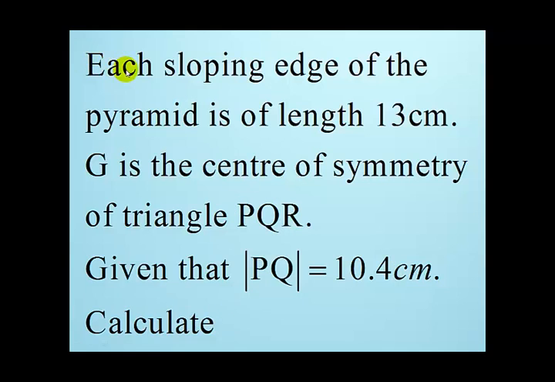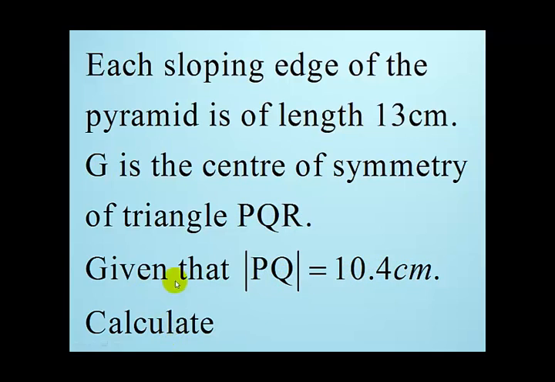Each sloping edge of the pyramid is of length 13 centimeters. So we are given the sloping length of the pyramid to be 13 centimeters. G is the center of symmetry of triangle PQR. Now, given that the distance PQ is 10.4 centimeters, calculate